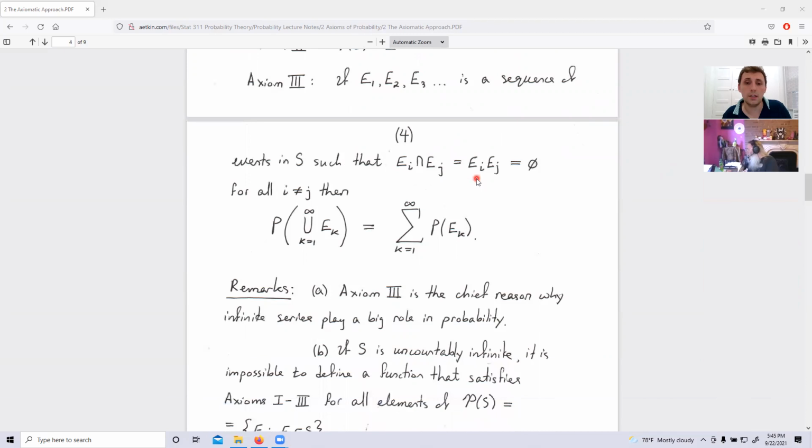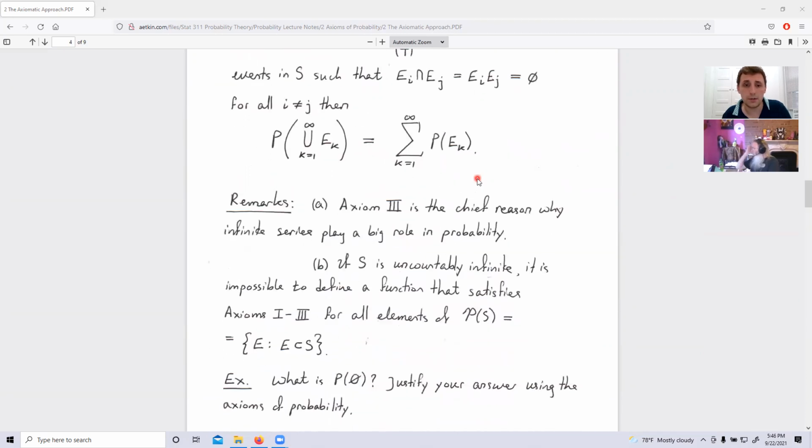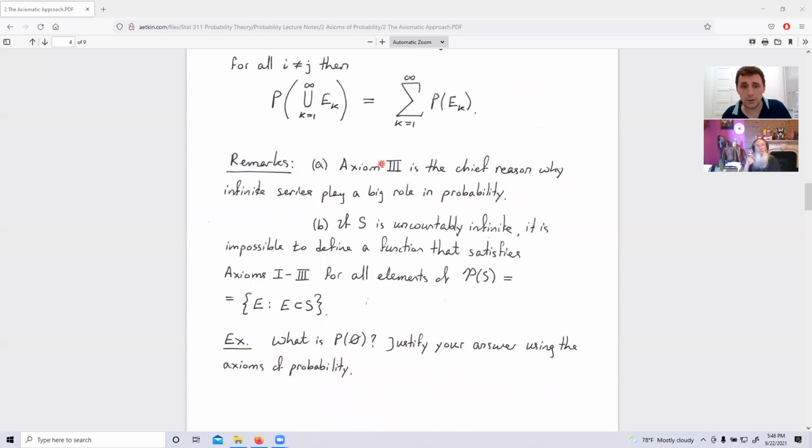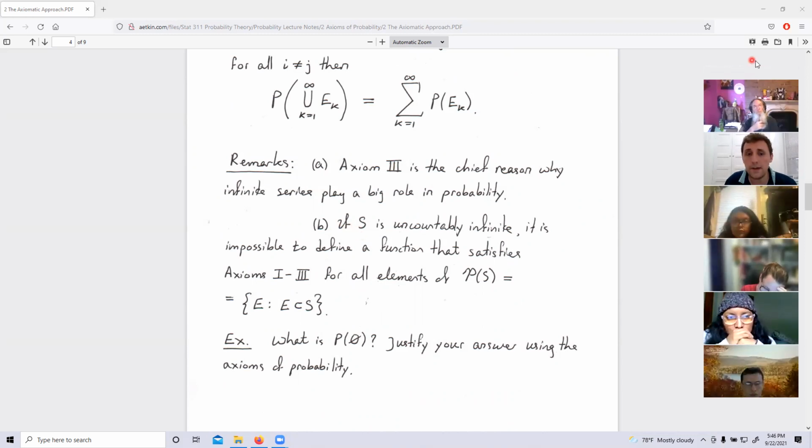So today we begin, well, first we'll make a few remarks. I already mentioned axiom 3. And B, I should tell you this, guys: as it happens, if S is big enough, then it is impossible to define such a function. So when I said every subset is an event that has a probability, that is not true. I'm just mentioning it to you now because perhaps you will accuse me of being a liar years later. You'll think, why was he giving us incorrect information?